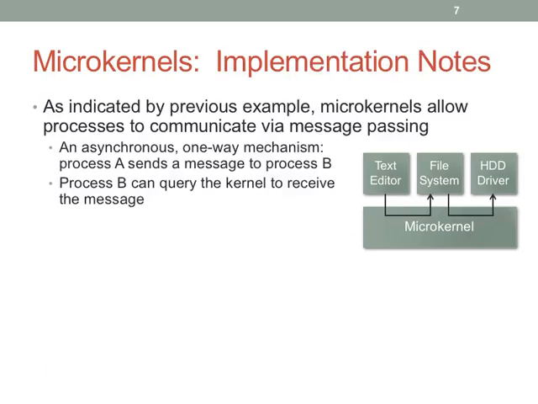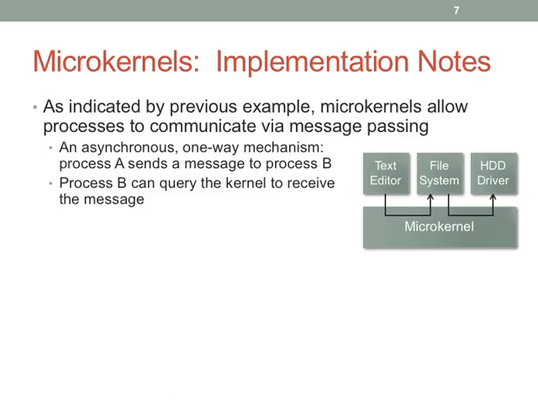Now, message passing is interesting. Asynchronous. I send somebody a message. Now what? Well, I can go do other things while that message is being handled, or I could call receive and wait for another message to come back. So I have a choice about whether that interaction is synchronous or asynchronous. Okay? But basically, process B queries the kernel to receive the message. So you might have a send call and a receive call.